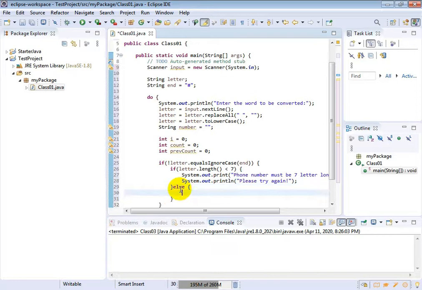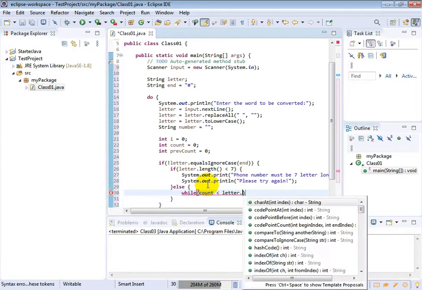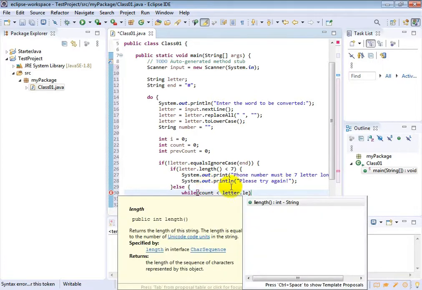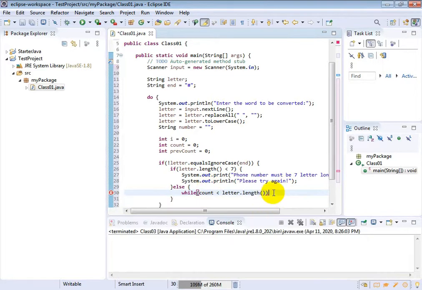If everything is okay, we will create our phone number. We will create one while loop: while our count is less than letter dot length,